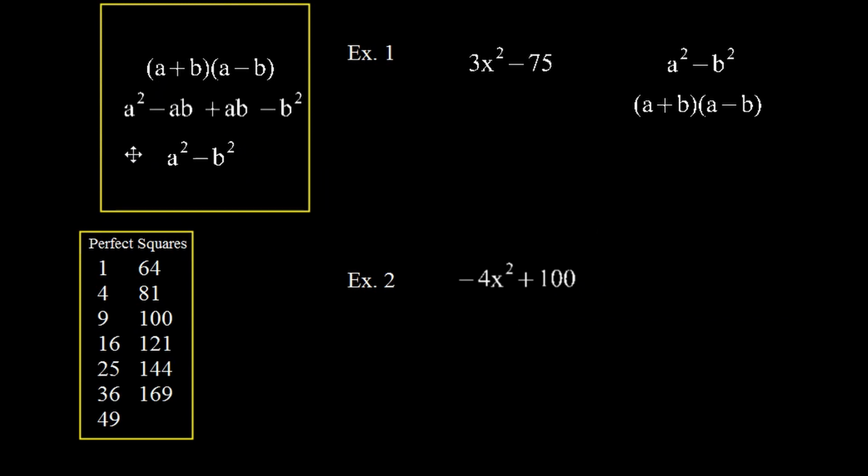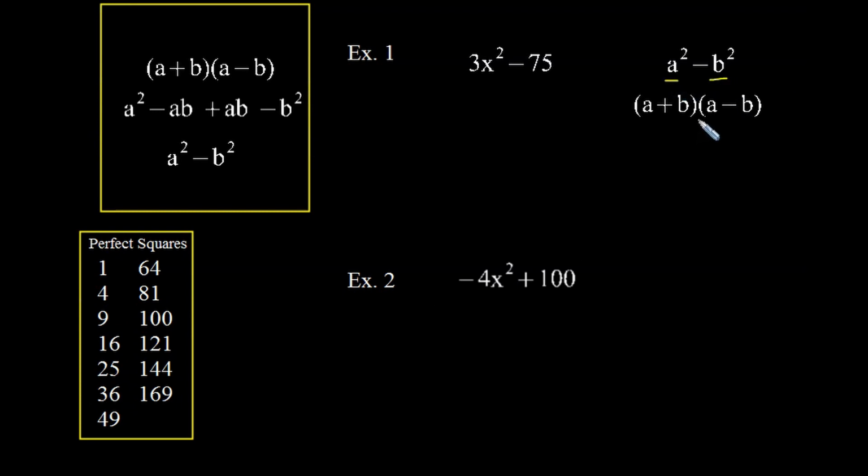Alright, so just a quick review here. We talked about in the last video that a plus b and a minus b were conjugates. So when we multiplied those together, we ended up with a squared minus b squared. So when we reverse that process, we will start with a polynomial in the form of a squared minus b squared